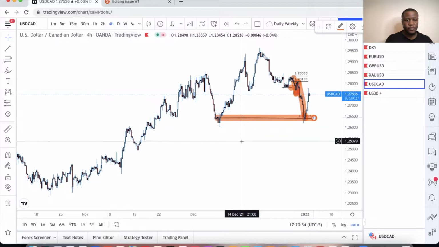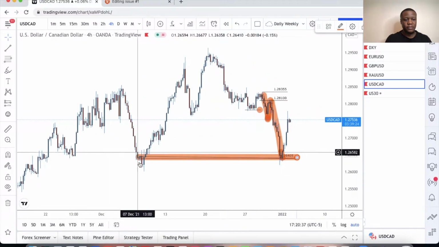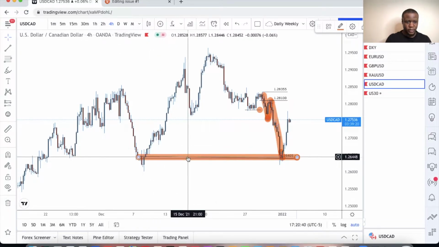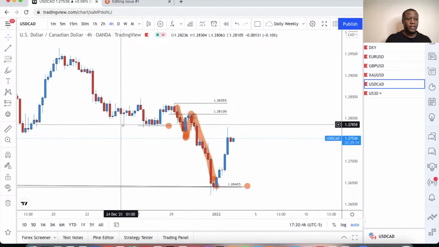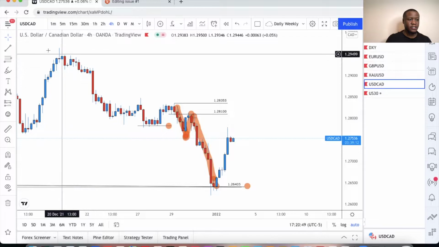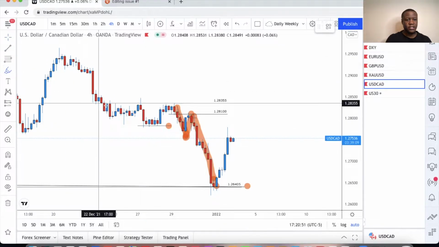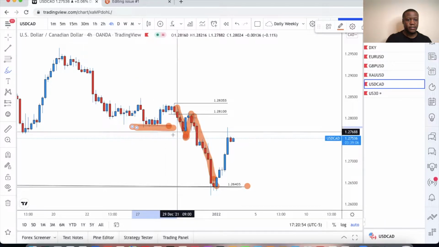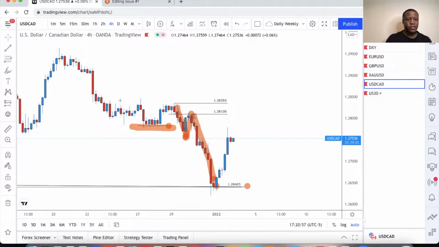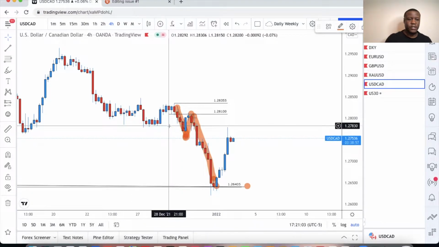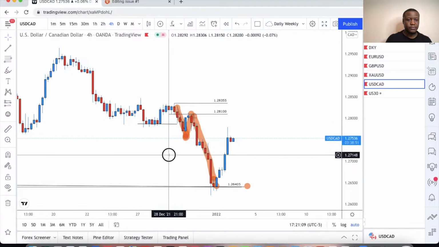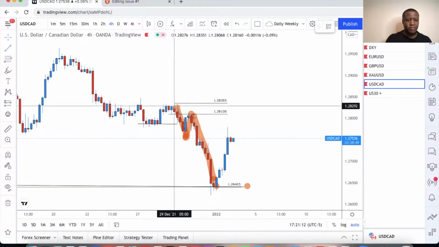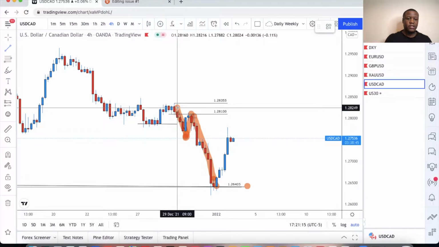All right, because we had this down candle, the impulsive move with no pullback to it. So that's a level of interest. So you can use that as confluence one. Then we had consolidation, all the consolidation. Then we finally got the break of structure right here. So that's confluence number two, as well as that break of structure right here. We had the impulsive move, so that's confluence number three,